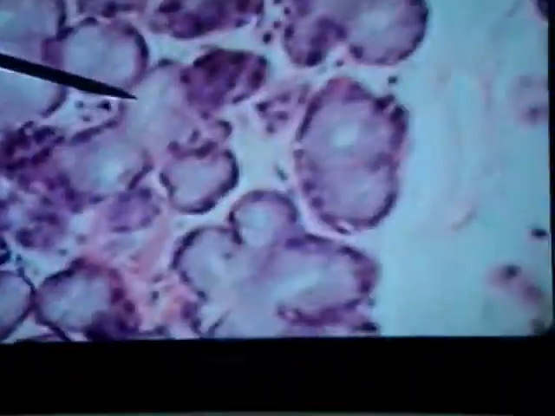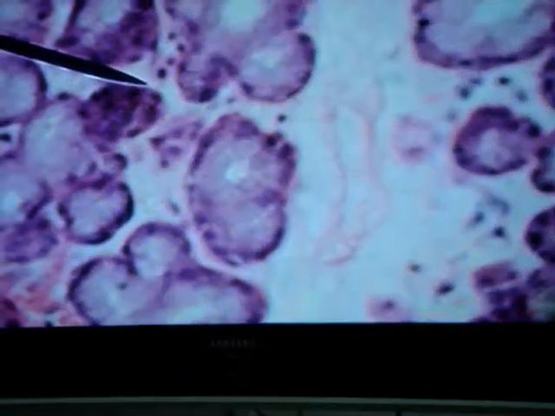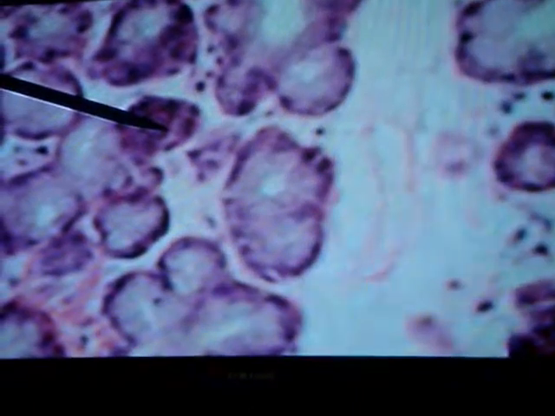Yes. It's predominantly serous. Parotid is serous. Please remember this today's class. If you leave with any doubts, that means it's a failure. Parotid is predominantly